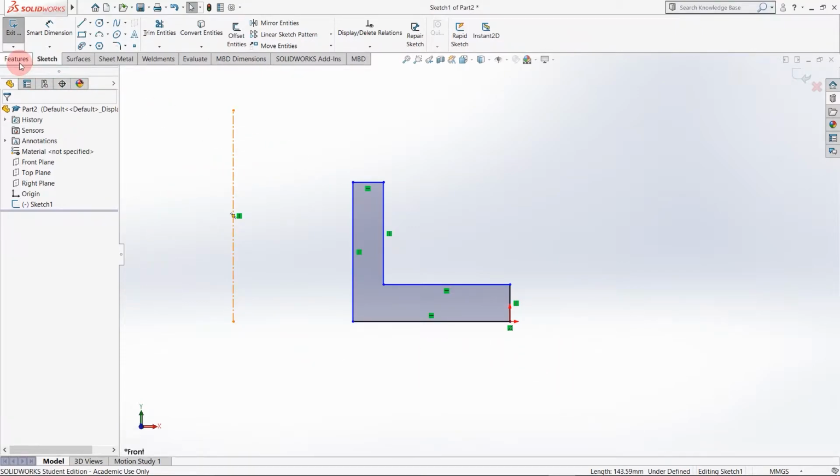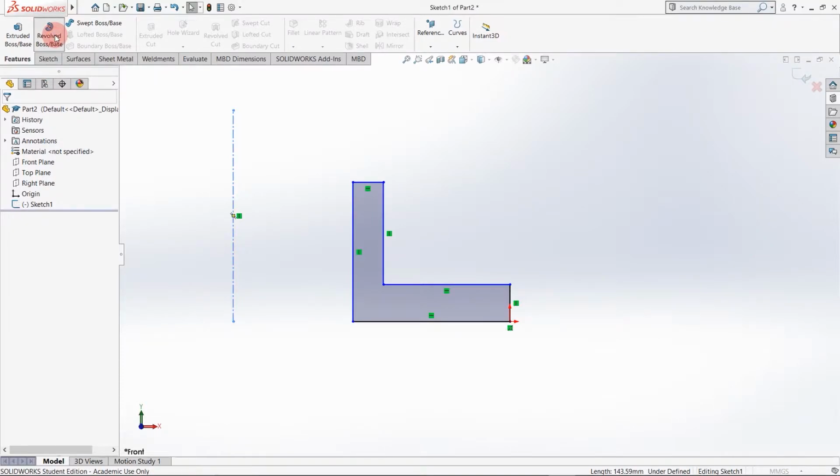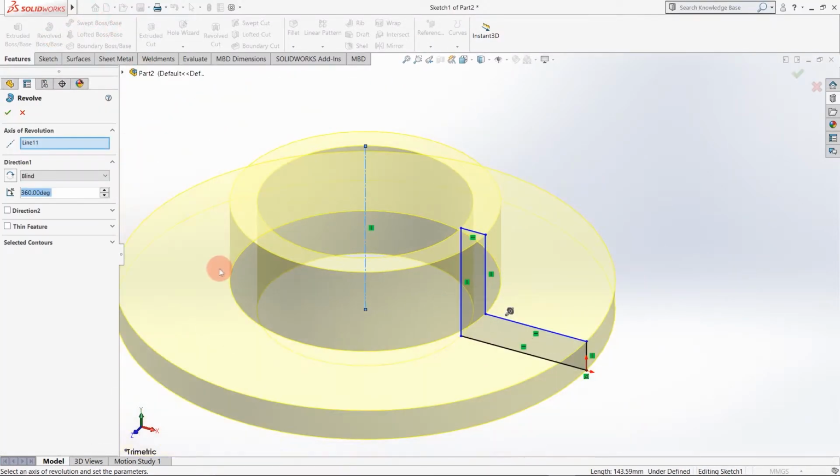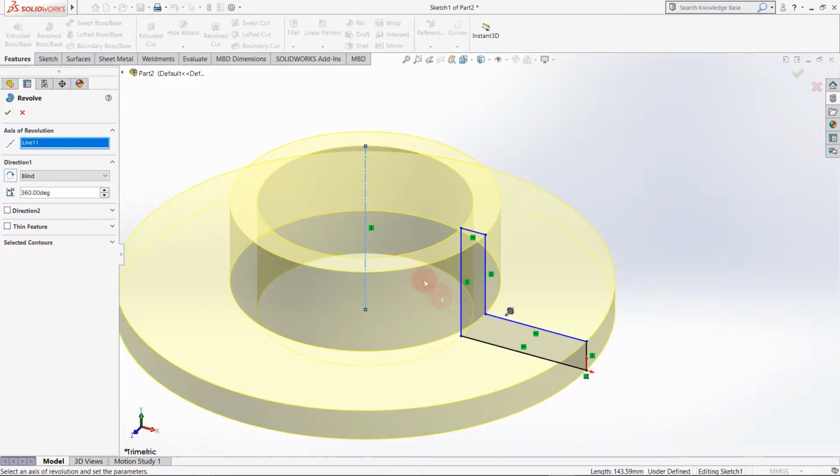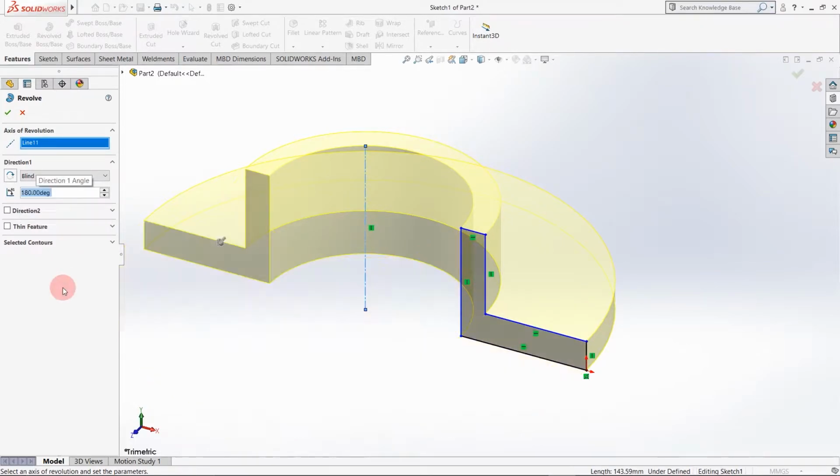Now I go to features and select revolve boss base. As you can see, the sketch is automatically selected. The axis of revolution I'm going to select is this line. There is only one geometry, so it gets selected automatically. Here I get the option of degrees. Say I want the component for 180 degrees.